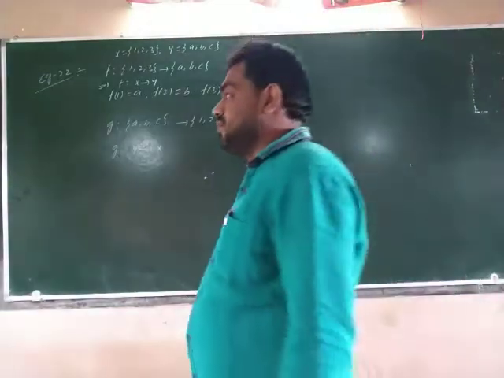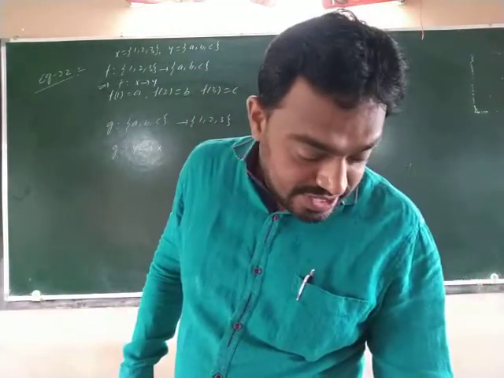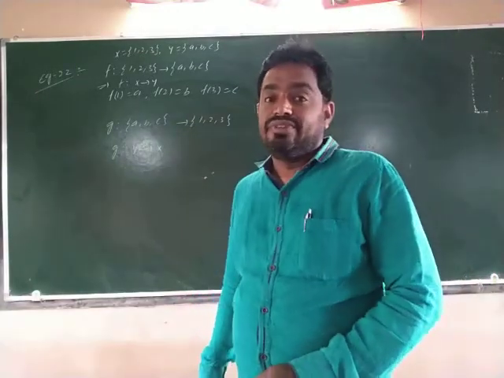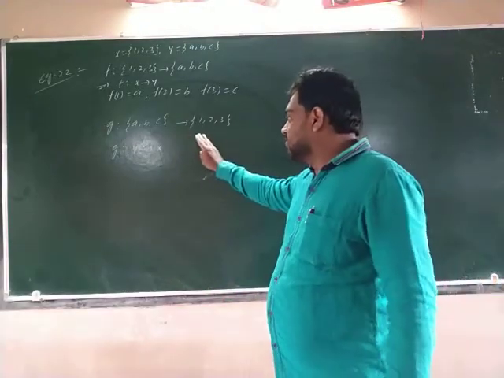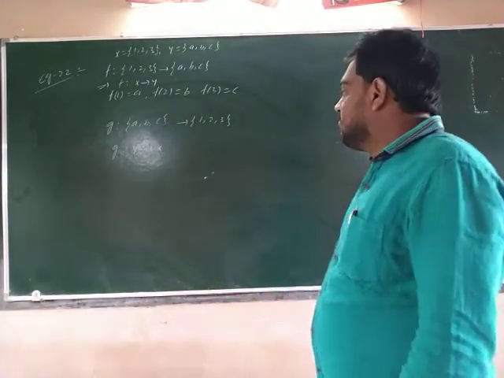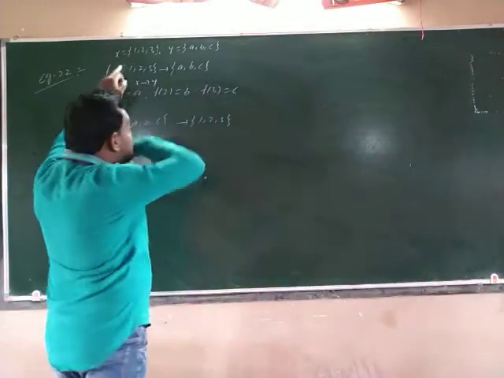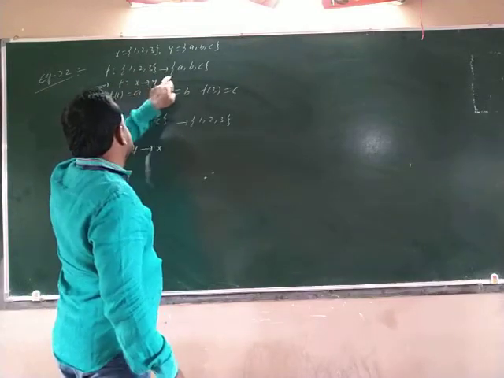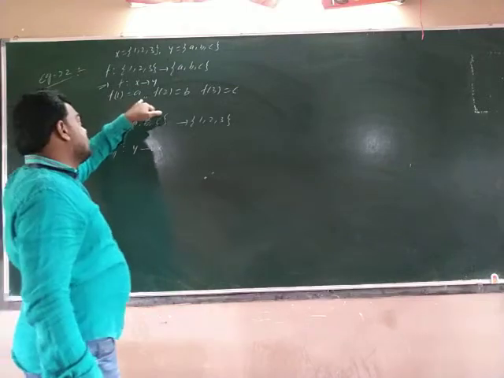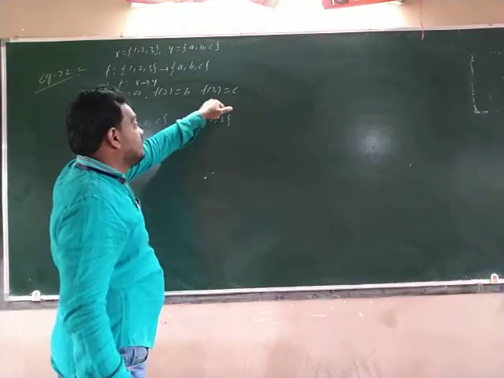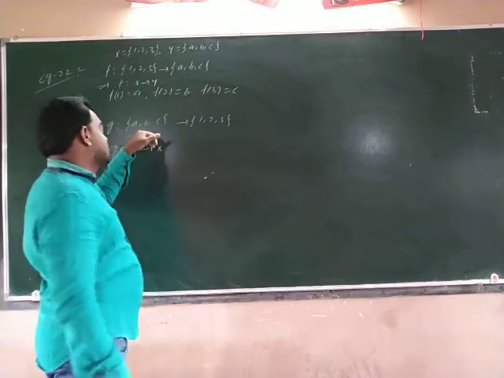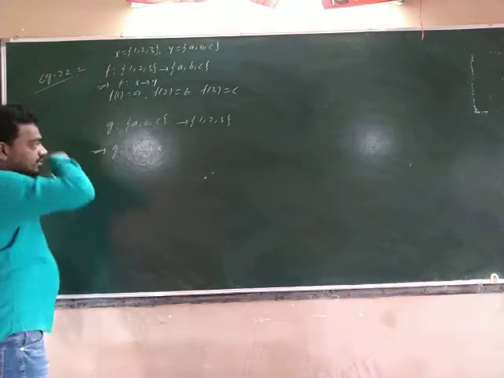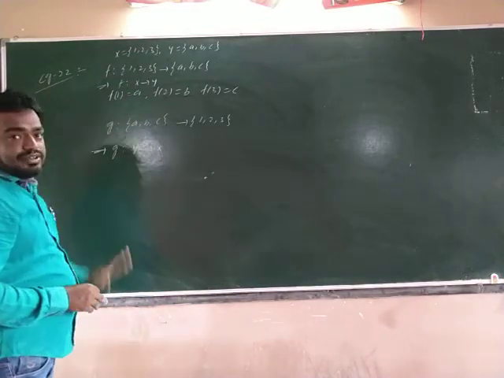See here what we are doing: we need g circle f equal to ix and f circle g equal to iy. In this case there exists a function g from the set {a, b, c} to the set {1, 2, 3}. Here x is the given set, and y is the set of f's images. This is x, this is y. What is given is f of 1 equals a, f of 2 equals b, f of 3 equals c. g is from y to x. This is the complete given in the question.